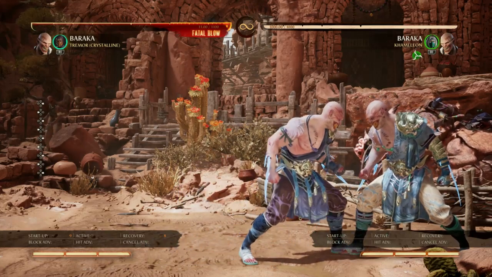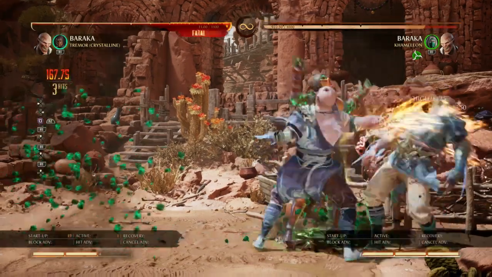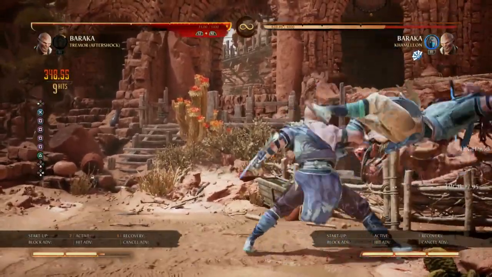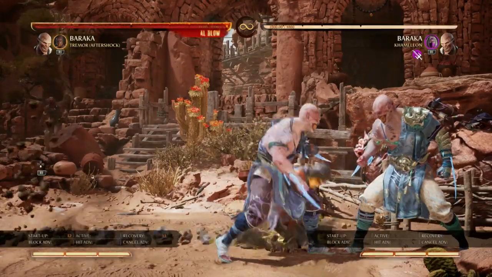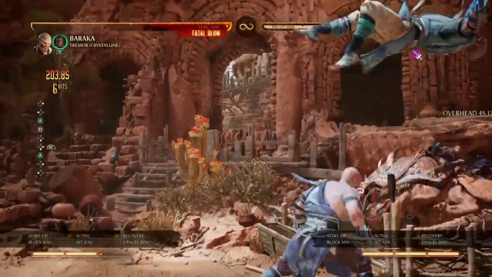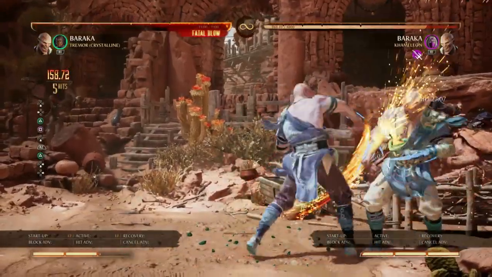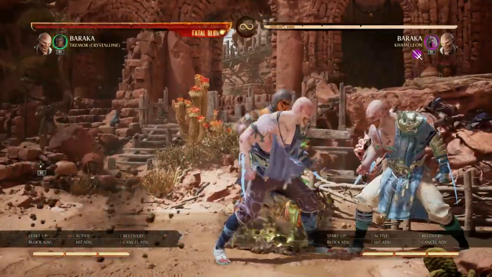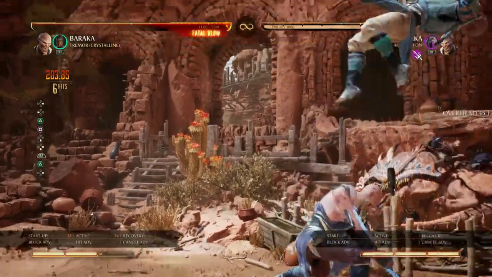And admittedly, this one is easier to do than this one. I don't know how to call it. Even though I did it first try. Anyway. Let's see the damage standing. Oh, what am I doing? Two bars as well. I don't really recommend this route, but